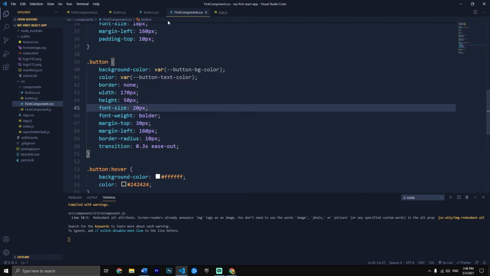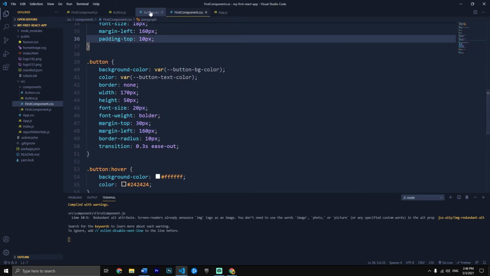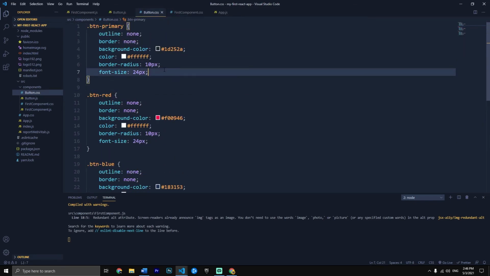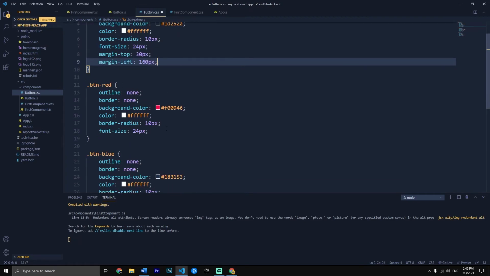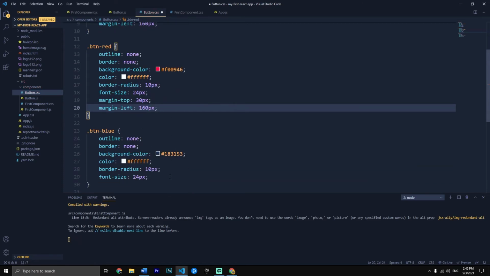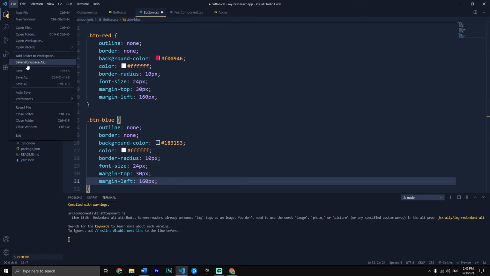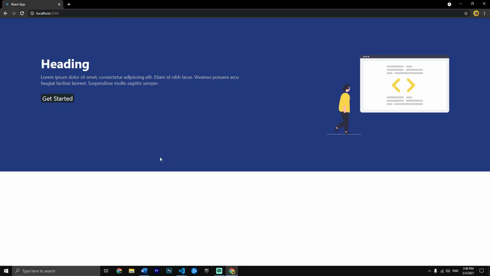So go back to button.css, just copy these lines, go back to button.css, and just paste that. And paste that for the other ones too. Just like that. So margin top is 30 pixels, margin left is 160 pixels. File, save. Now, as you can see, it's in the right spot, but the font text is too close to